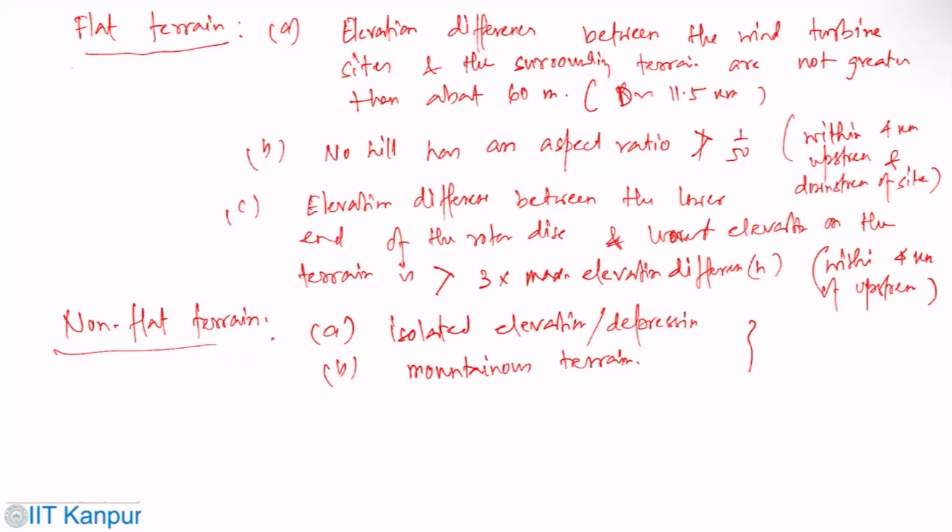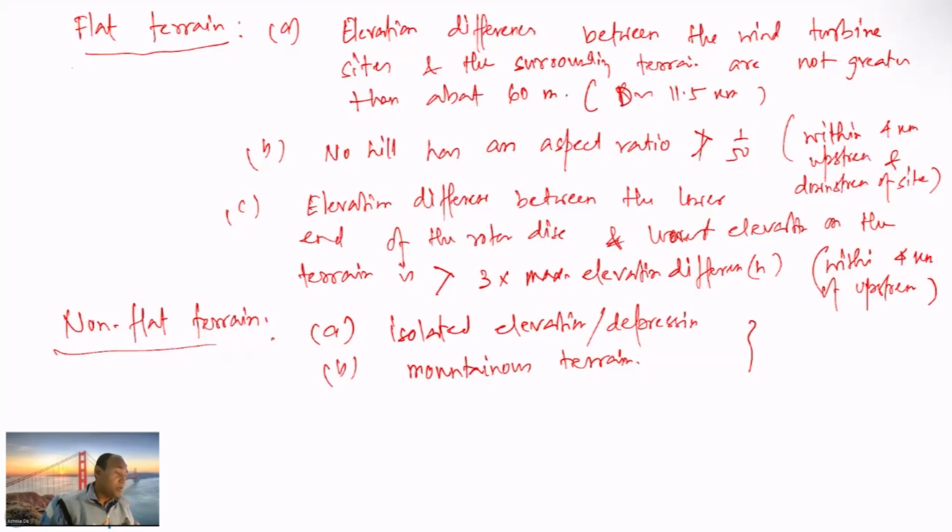So the point here is that this flat and non-flat terrain classification can also vary depending on the conditions where your proposed site is, and what the wind direction is. So wind direction also plays an important role here. Depending on the wind directions and the radius, or whether it's upstream or downstream of the site, that would also help identify whether it could be flat or non-flat terrain.